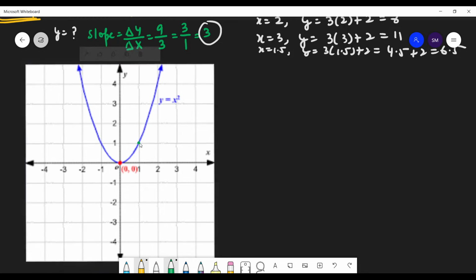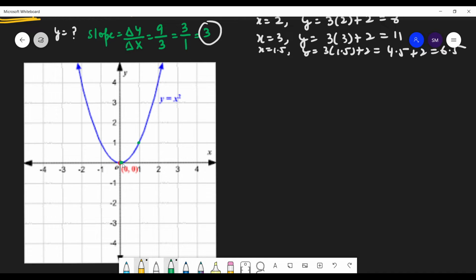See, what is the slope from this point to this point? Let us find the slope. Change in x-axis is 1. So how much is the change in y-axis? 1. So here the slope is 1, right? What about now, again move one step on the x-axis. How much is the change in y-axis? See, delta y will be equal to what? What is delta x here, students? From this portion to this portion. How much is the delta x here?